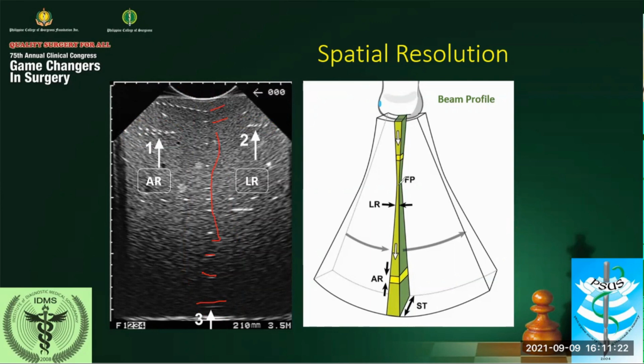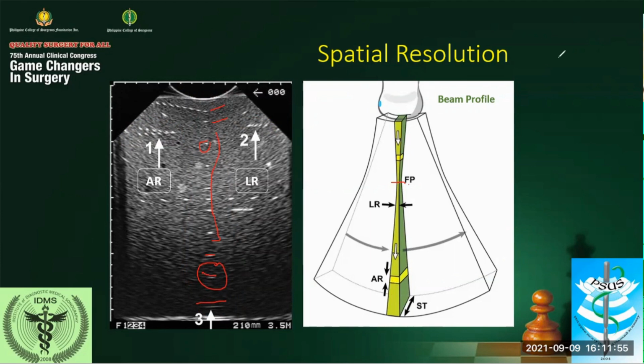So I mentioned earlier that from the focal point here, as the ultrasound beam goes further away, the beam diverges. So the objects, which are originally supposed to be a simple dot like this one, will become elongated. So this is how you lose resolution along the focal line, and along the beam axis. That is how you lose the resolution.